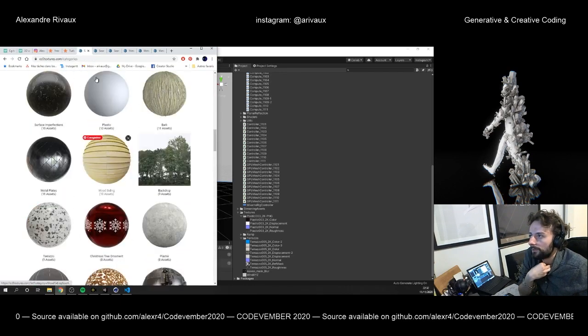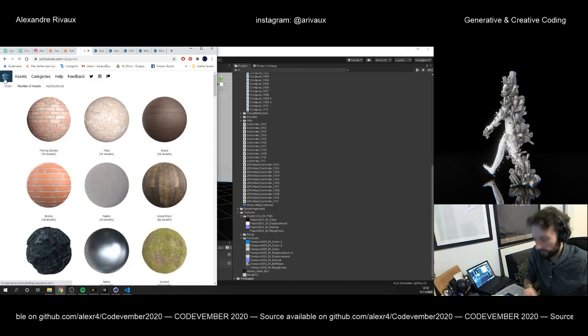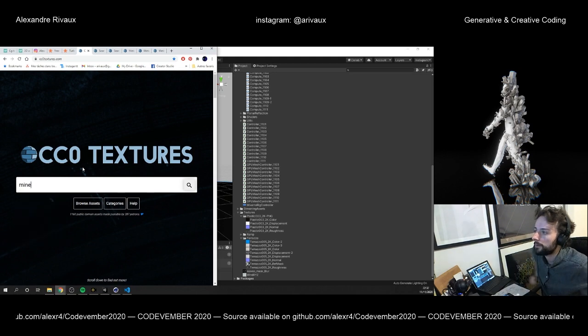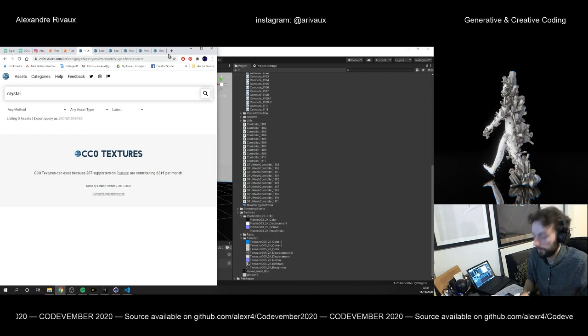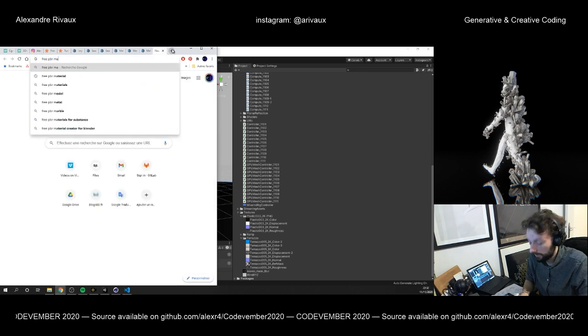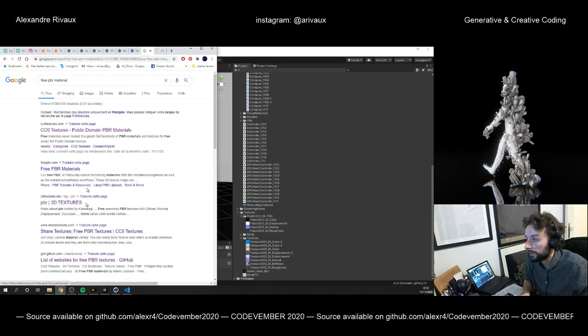And now let's try to find something else. Yeah, let's try to tap mineral, crystal, for example. No, okay. There's a lot of different sites for that, but